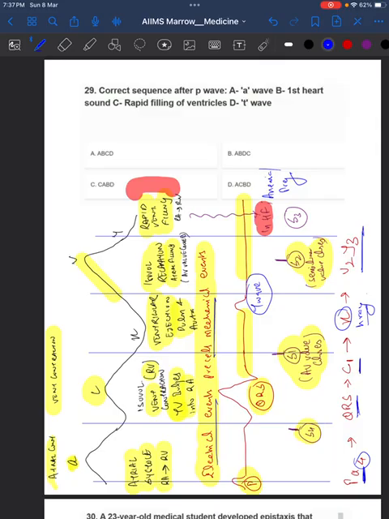So in our question we can see the correct sequence after P wave. So after P wave there will be A wave. Yes, there will be A wave. Then after that there will be fourth heart sound, that is not in the option, followed by which there will be QRS. So again they are not like this. Then there will be QRS and then C1. So C wave they have not asked, the first heart sound. So after A wave there will be C wave, then C1 followed by X wave they have not asked, then there will be V2 Y3. So here your rapid filling of the ventricle is your Y, which is the last option,